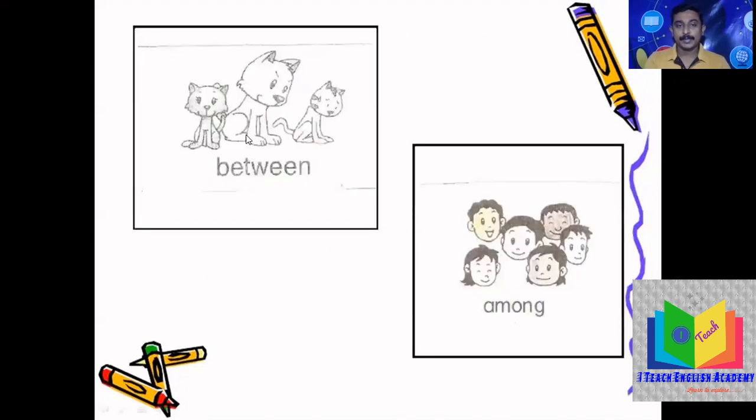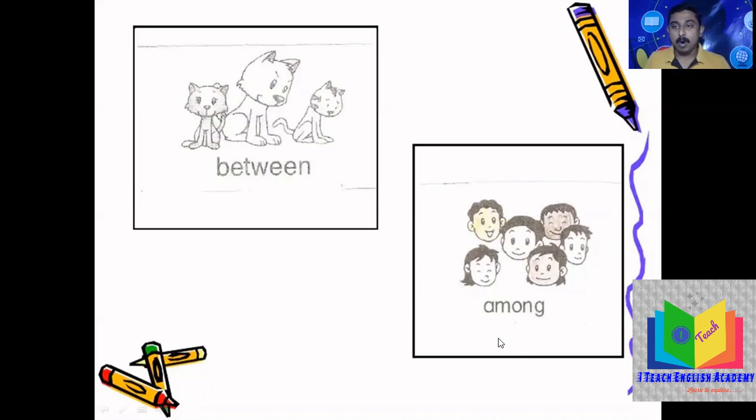Between, among. You can observe a bigger cat is between two smaller cats. Between means having on both sides. Suppose three of you are sitting on a bench. You are in the middle. So you can say, I am sitting between my friend Ramesh and Suresh. Usually the preposition between is used when the number is 2. When number is more than 2 and when the number is not definite, we use among.